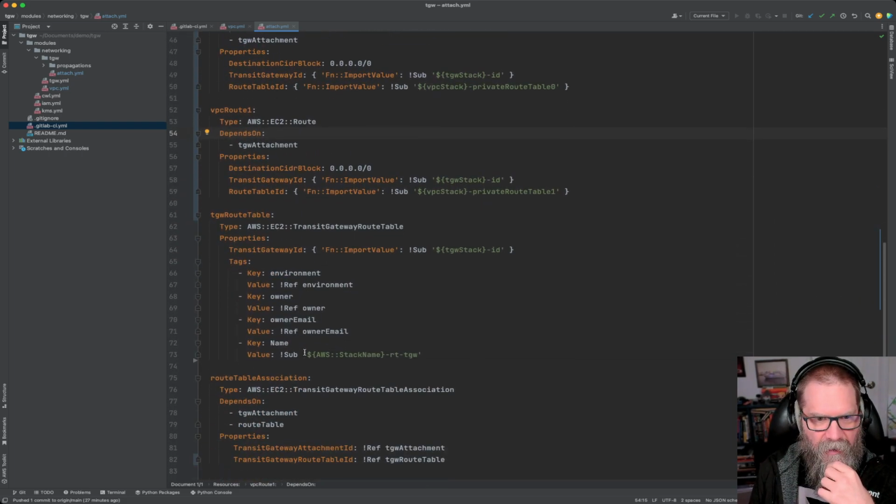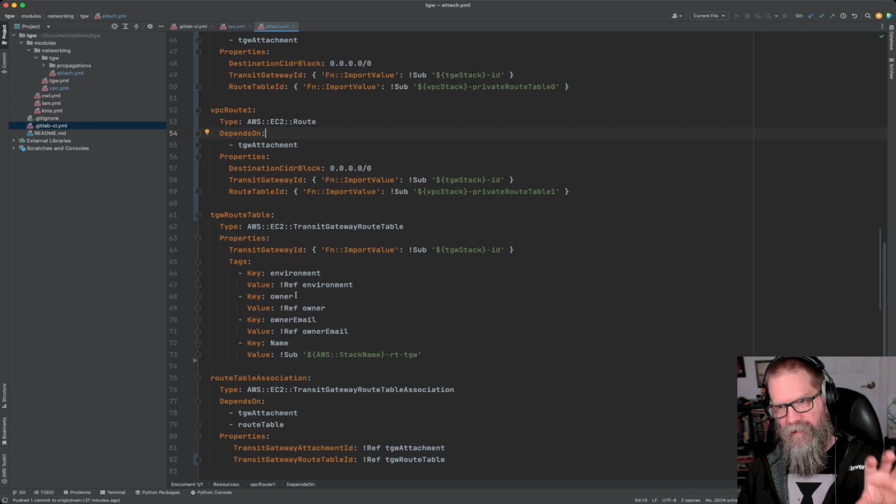Okay, so there's that. And then what we do is we create the transit gateway route table, which is different. This is basically, the first thing is, how do you go from the VPC to the transit gateway? And then this is the route table that's associated with the attachment. So now that traffic flows, let's think of it this way, the traffic flows from the VPC to the transit